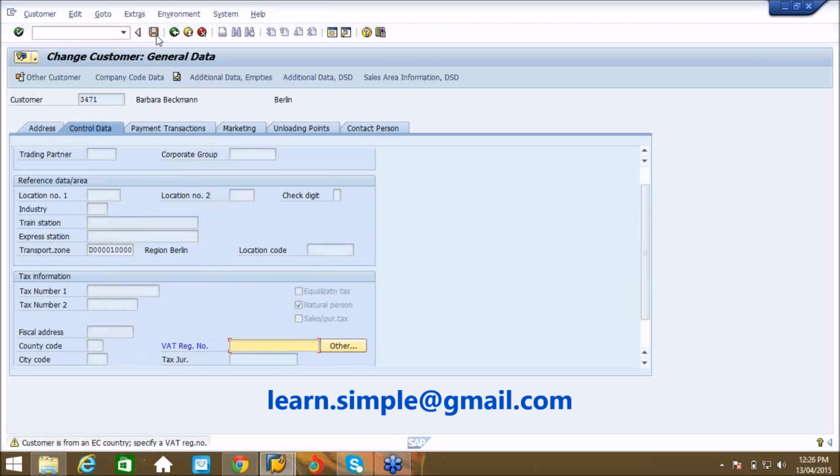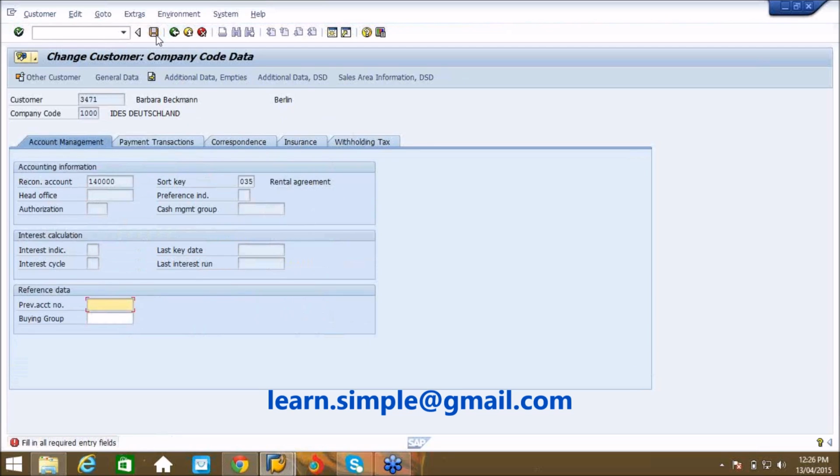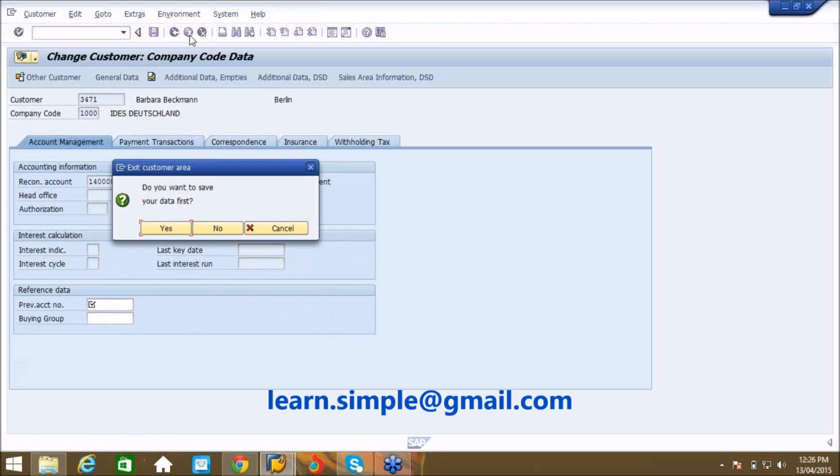Customer is from an EC country, specify VAT. It's a warning message. You can ignore this by pressing enter. Fill in the required entry fields. What is it? Previous account number. We don't know. Wait, let me take one more customer.